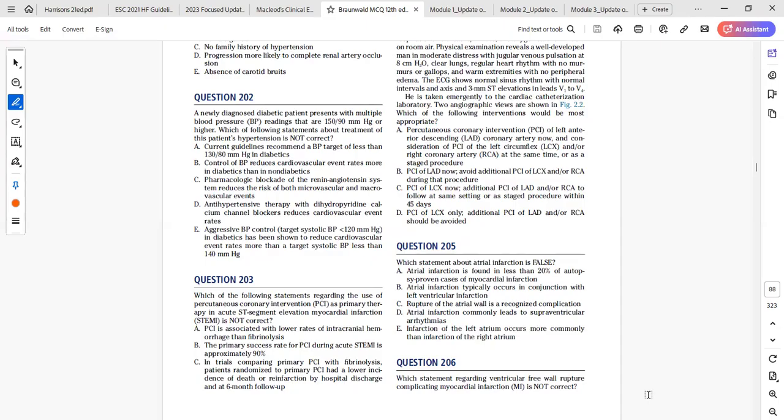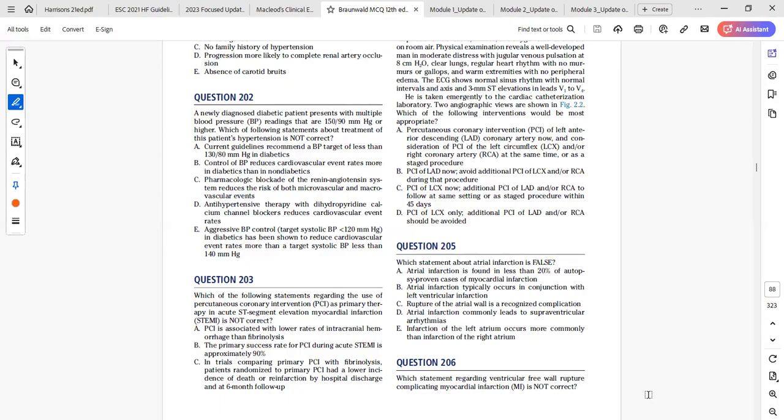Now, you also need to know that the difference may reflect the presence of well-oxygenated blood in the left atrium, and this will also help to nourish an ischemic atrial wall. Then most atrial infarctions have been shown to have a supraventricular arrhythmia occurring at the same time. They may also have some form of atrial fibrillation, and they may also have some form of sinus arrhythmia. Atrial infarction is also known to be complicated by rupture of the atrial wall.